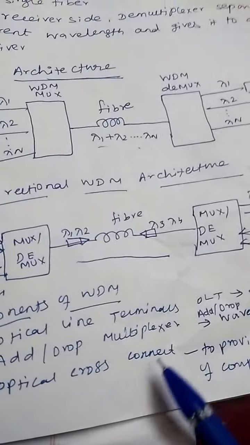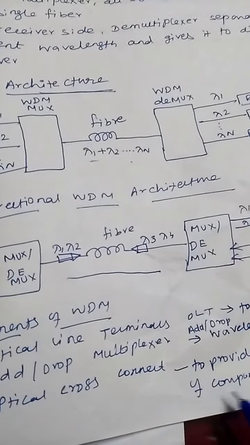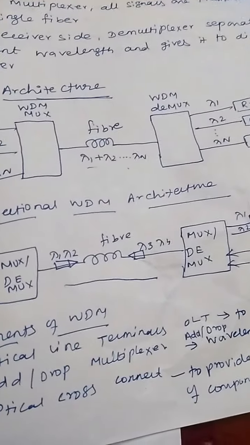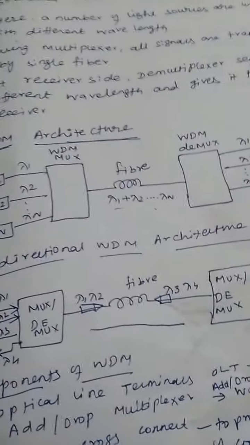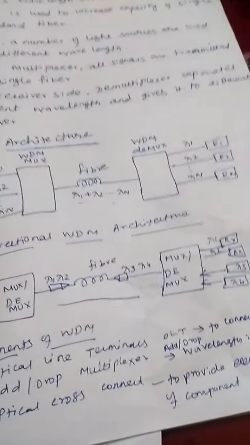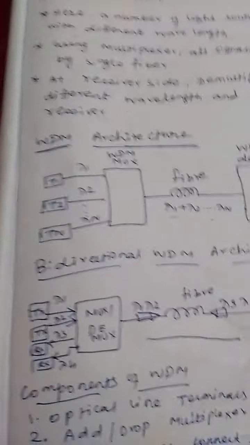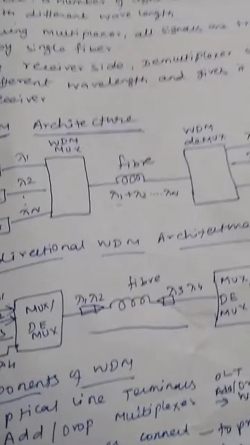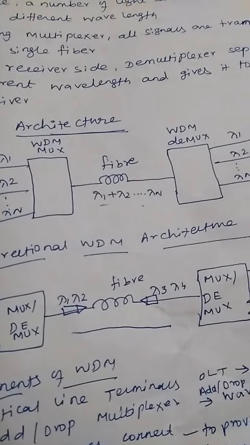Using this optical cross connect network, we provide electronic switching of components. In an add and drop multiplexer we can use 4 ADMs, where each and every ADM is connected to the other links. So this optical cross connect provides the ring connection of all ADM circuits.